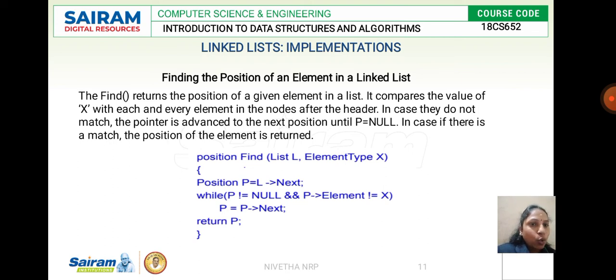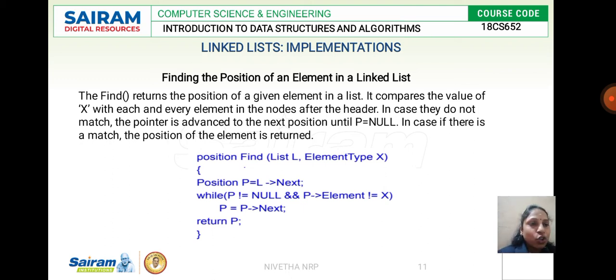We are checking whether the address of the next element of P is not equal to null, and the data in that particular element is not equal to X. If so, we are going to increment our node. To increment the node, we use the command P is equal to P of next, that is, position is equal to position of next.